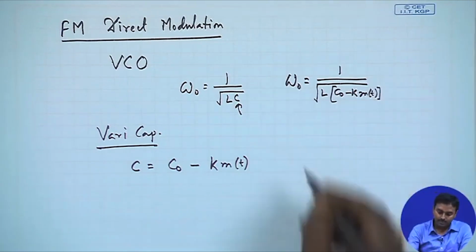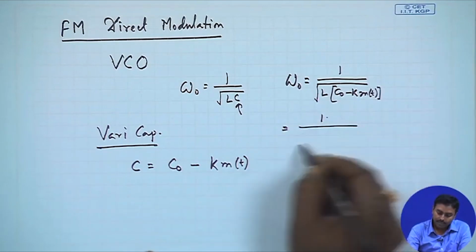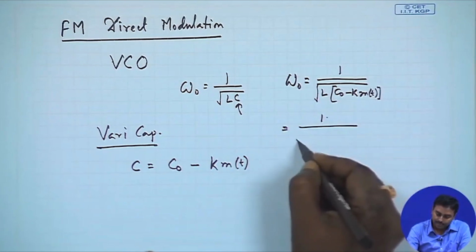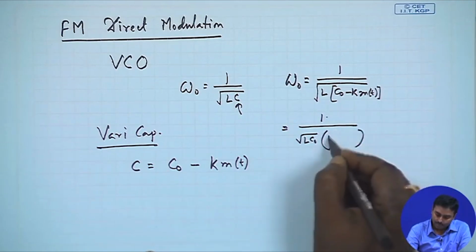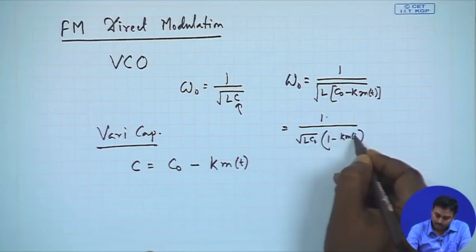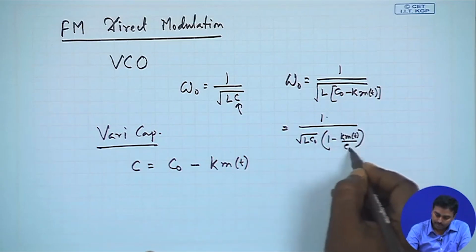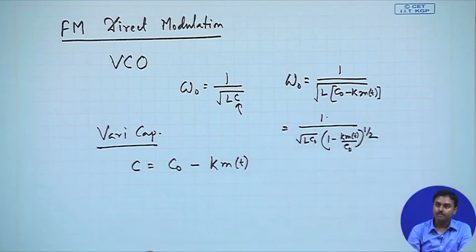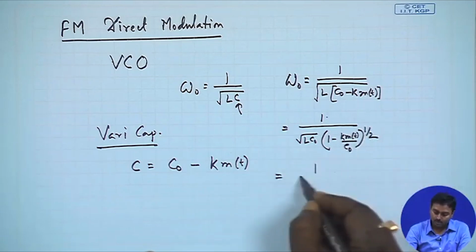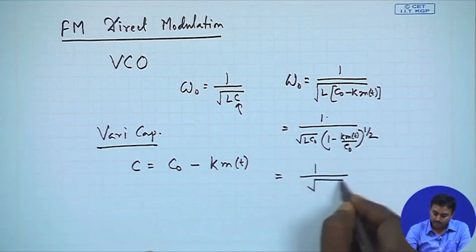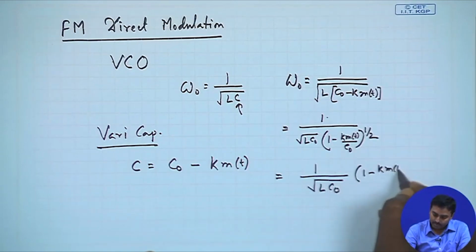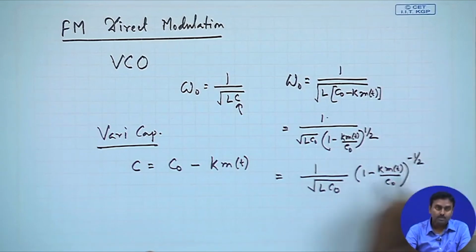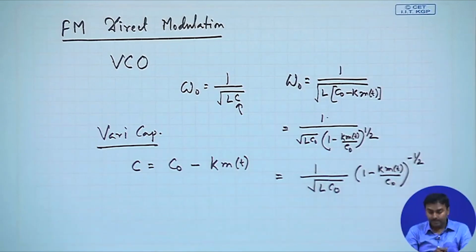I can write it this way, or I can write it by taking out L C0, so I will have 1 minus K m(t) divided by C0, to the power half. Or I can write it as 1 by L C0, 1 minus K m(t) divided by C0, whole to the power minus half. You know why I am writing this? Because